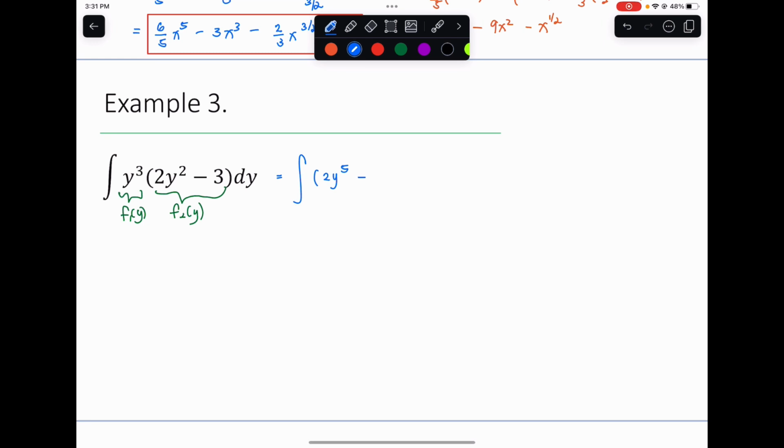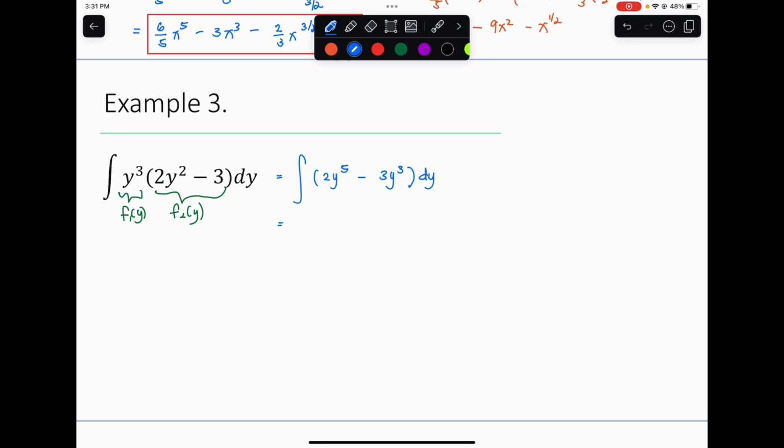Then minus y cubed times 3, that is 3y cubed. Then multiply it with dy. So 2y to the 5th minus 3y cubed, multiplied with dy. This time, I was able to transform the product into a sum or a difference. So therefore, I can now